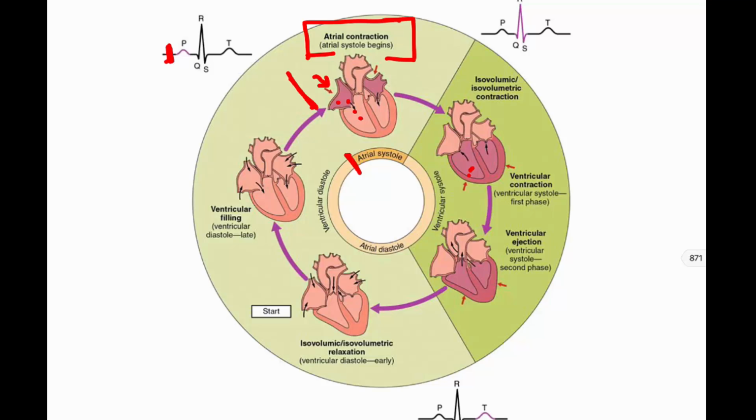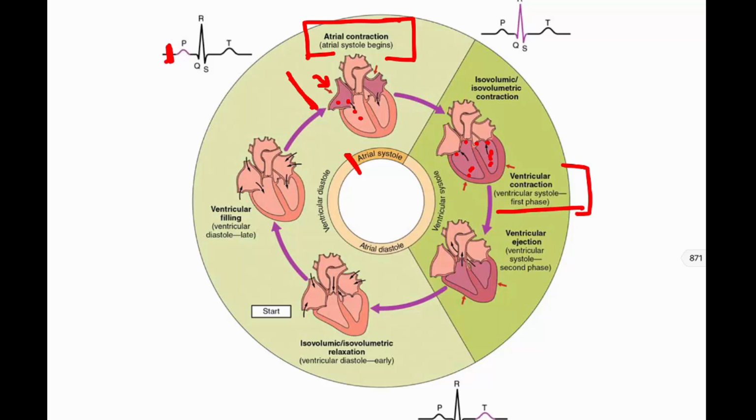Then we have our ventricular contraction. So the pressure is going to start to build. This is the early or the first phase. The pressure starts to build, so we see this closing of our atrioventricular valves, the tricuspid here on the right and the bicuspid on the left. Those are closing, but at this point you can see our pulmonary semilunar valve and our aortic semilunar valve are